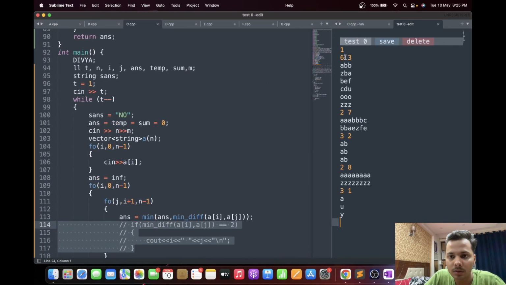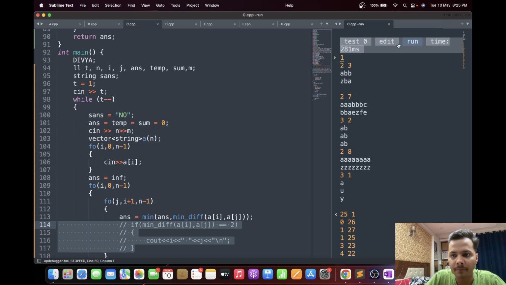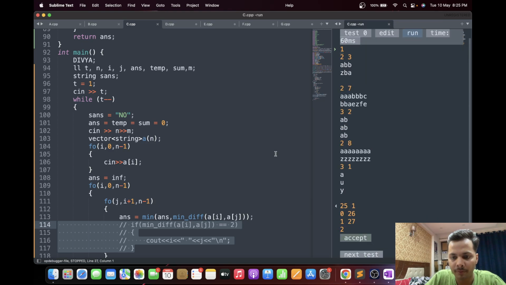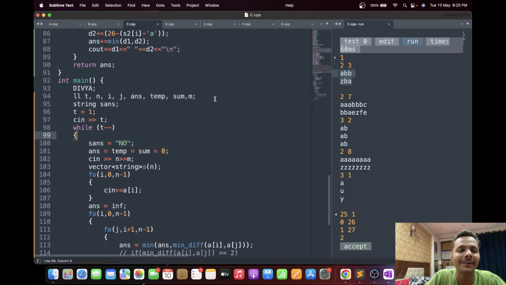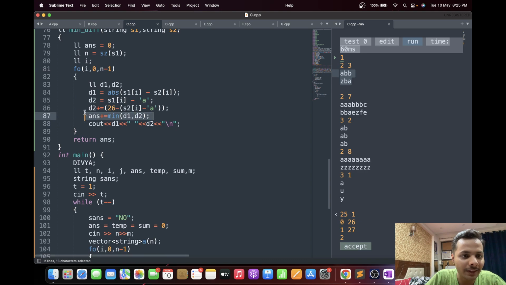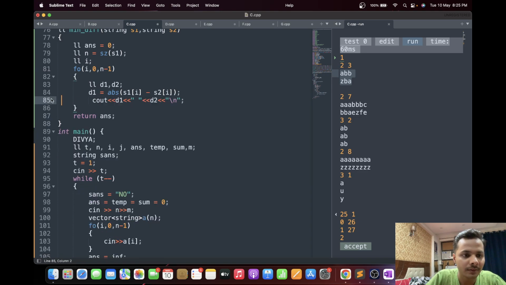Oh, I see. So this should be 2 here. So oh, I see, we can't do that. So d2, the concept of d2 is not there. We just have to do this.